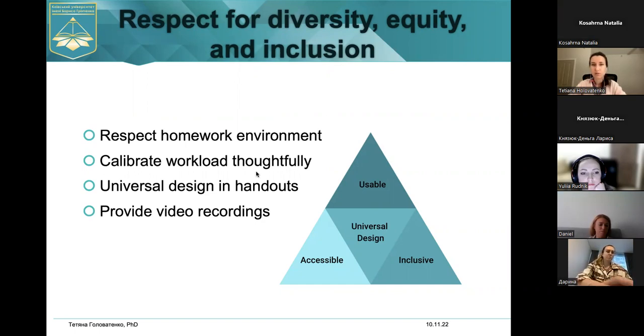So if there is, for example, black text on an orange background, that might not be comfortable for their eyes, especially on their mobile phones. So think about these things, and also omit animations, because when the connection is poor, those animations do not look good, and some students might not see some parts of the text because of animations and poor internet connection.